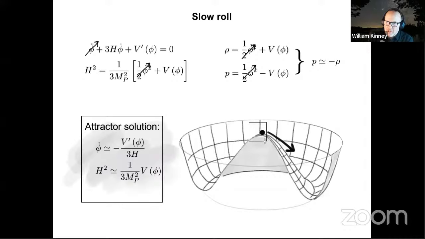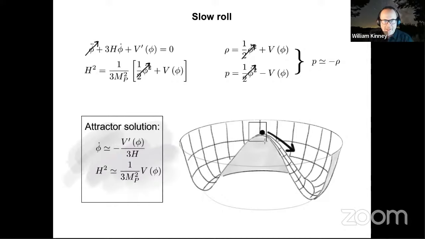Well, inflation is like Italian driving, right? As long as you somehow get a large enough and homogeneous enough bubble of false vacuum, that bubble begins to expand exponentially, and it completely obliterates all traces of whatever the initial conditions were. You no longer care where that inflationary solution came from. As long as it goes on for long enough, you will always end up in this attractor solution. And the details of the initial conditions are completely unimportant for any observables, because all we see is what happens at the very end of this inflationary phase.